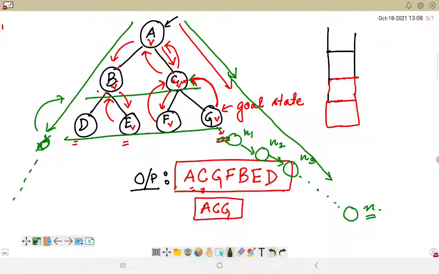Now the next condition is if there is a cycle within the nodes. Suppose D is connected to E again. If there is a cycle existing between the nodes in a particular tree or graph, then also the search might get stuck at that point.